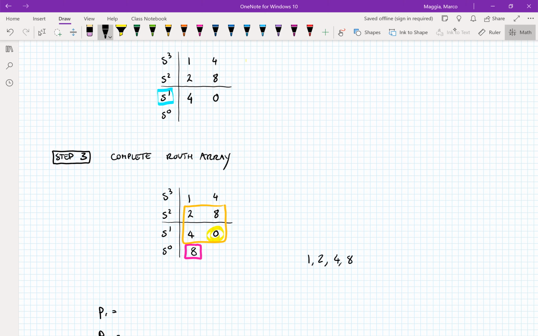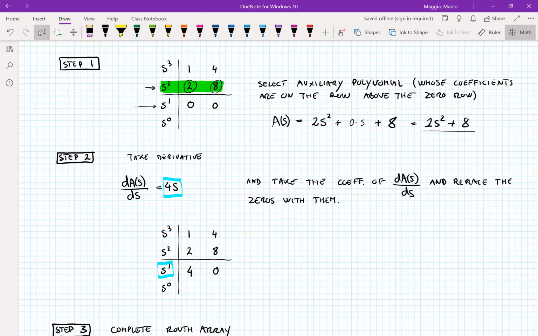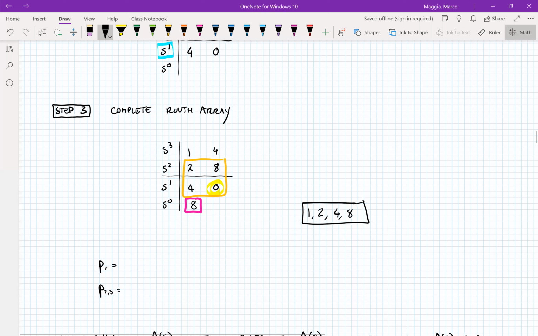No sign change. So technically you would say the system is stable. But in the beginning, I told you that when we have a row full of zeros, we cannot have an asymptotically stable system. So if you find that all the coefficients of the Routh array are positive once you've used this trick of the auxiliary polynomial, taking the derivative and substituting the zero row with the coefficients of the derivative of the auxiliary polynomial, then this means that the system, if you find that all the coefficients have the same sign, the system is marginally stable.